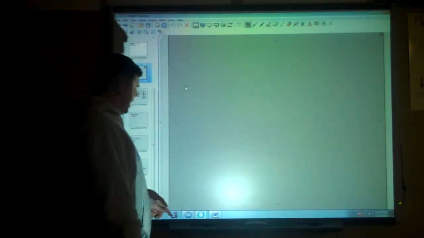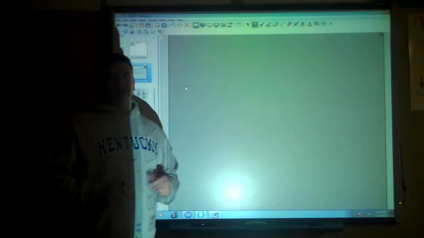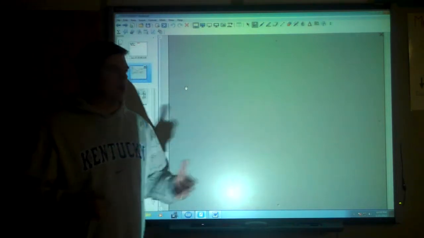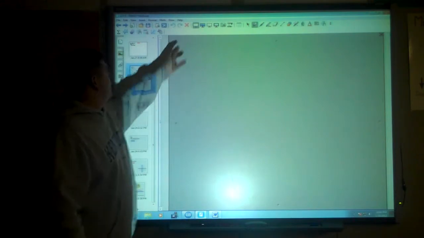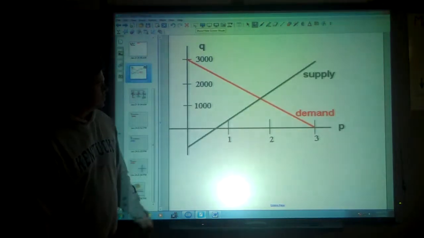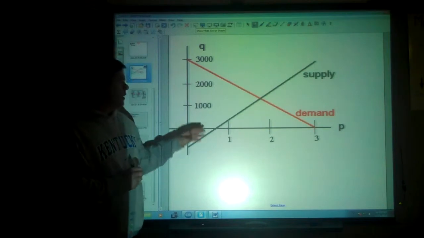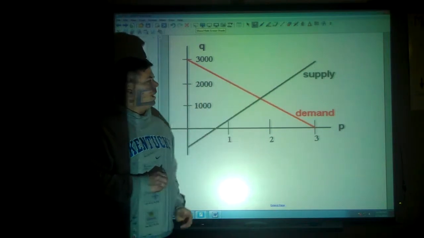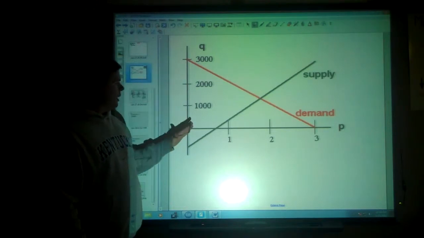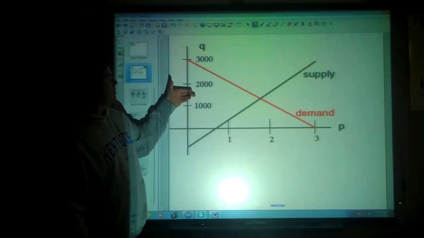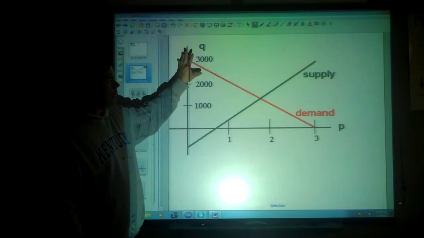Algebra lesson 7-5. Now that we've spent quite a bit of time working with different types of solving systems of equations, I just want to look one more time at a situation for systems of equations: supply and demand. There's a break-even point for supply and demand. If the demand is very high and the supply is very low, then it's going to make the cost of things go up.